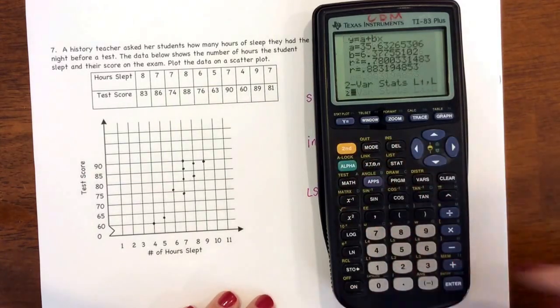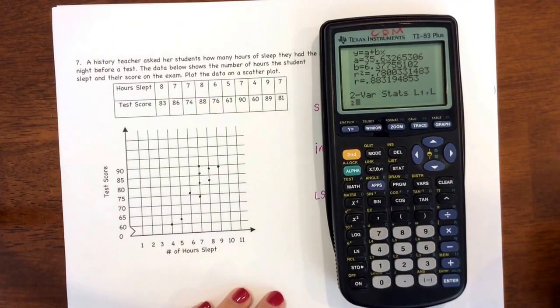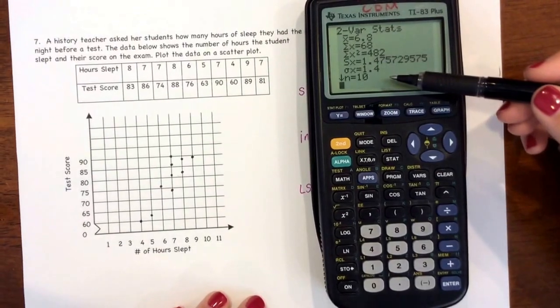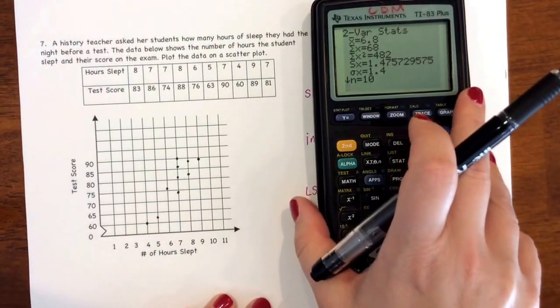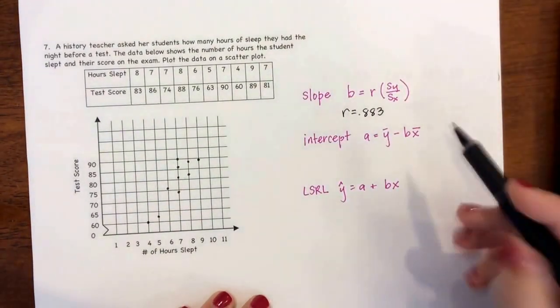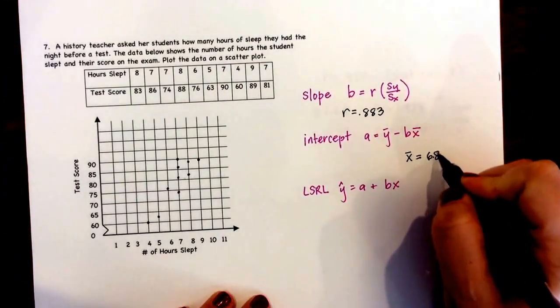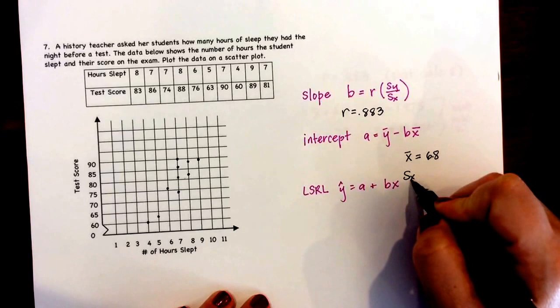So I want it to read list 1, comma, list 2. Newer calculators will say X list, Y list. And here are all your data points that you need. So what you're going to need for this problem is X bar, which is 6.8, standard deviation of X, which is 1.475,